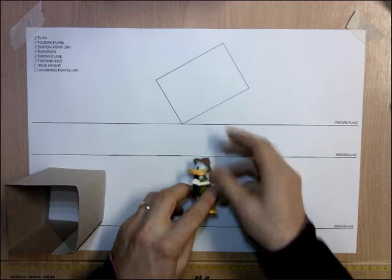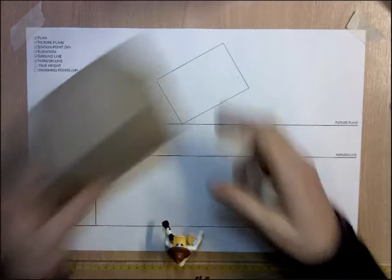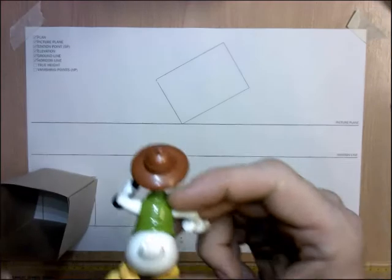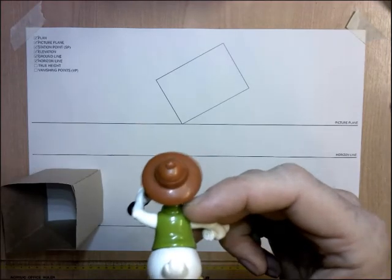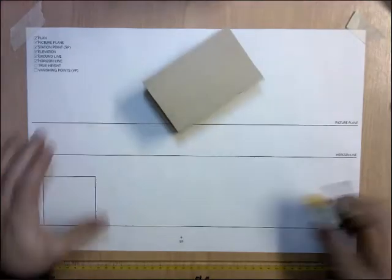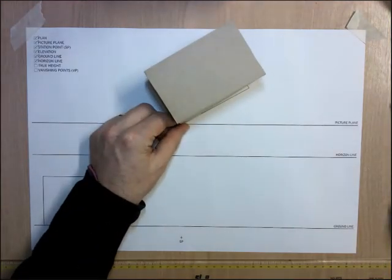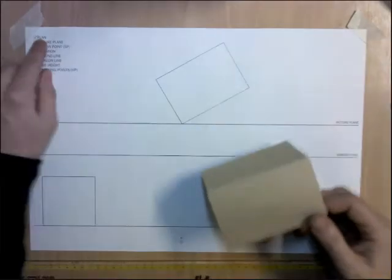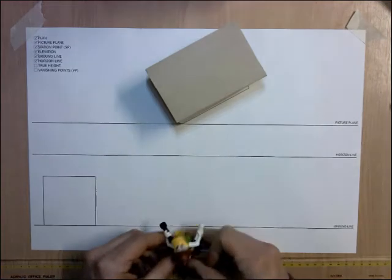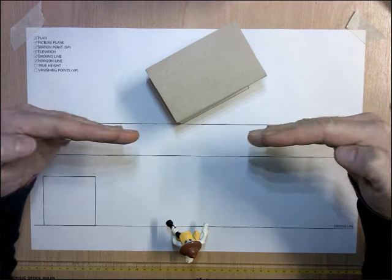Right here we have Donald standing in for our observer, and he is in relation to this plan. The camera, or the camera lens, or Donald hanging out here, is now in relation to the elevation. So you can see that this setup is a combination of both plan and elevation. The things that are related to the plan will be the picture plane. We'll get our Donald, our observer, and our picture plane is basically, if you can imagine, a window standing in front of